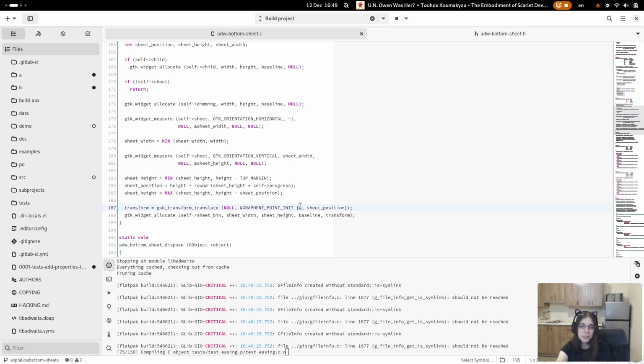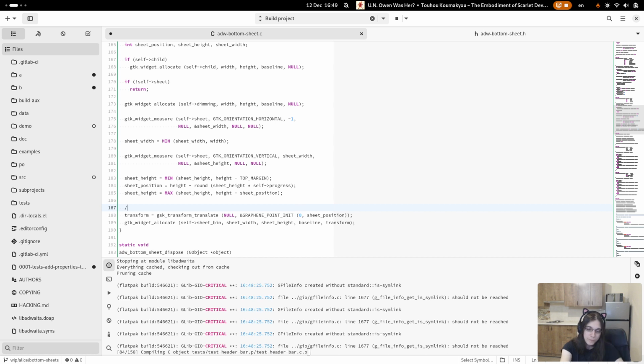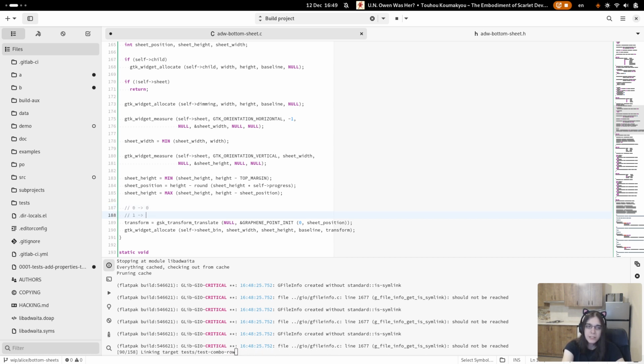So here I need to vary it from, if it's 0, then 0. If it's 1, then I'll need width minus sheet width, because I don't want it to end up off screen.